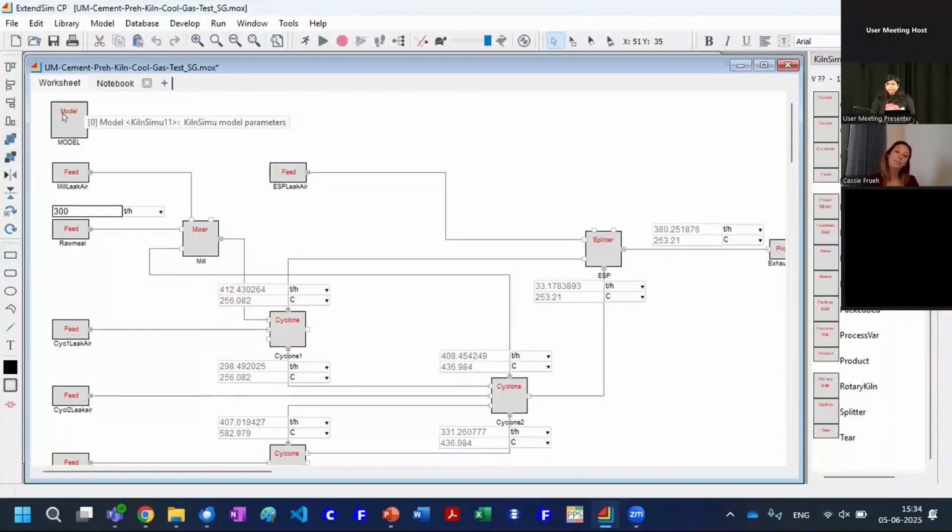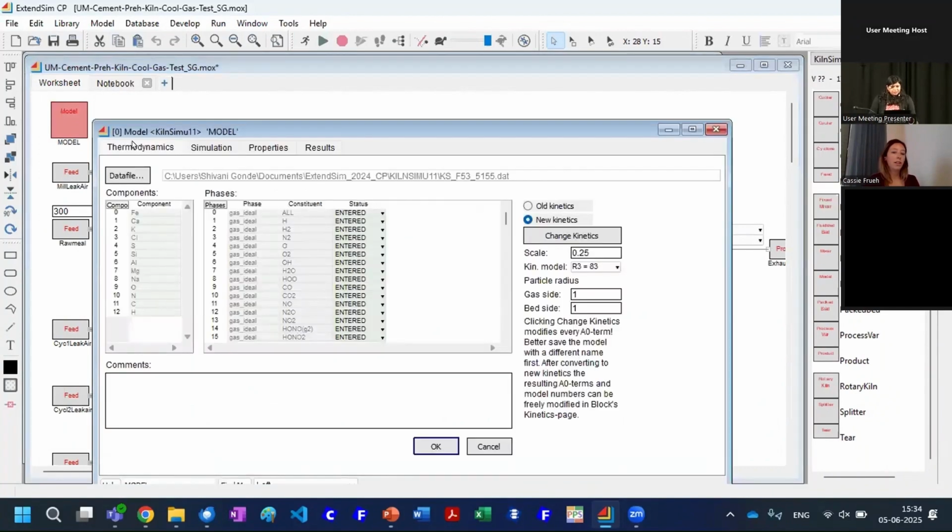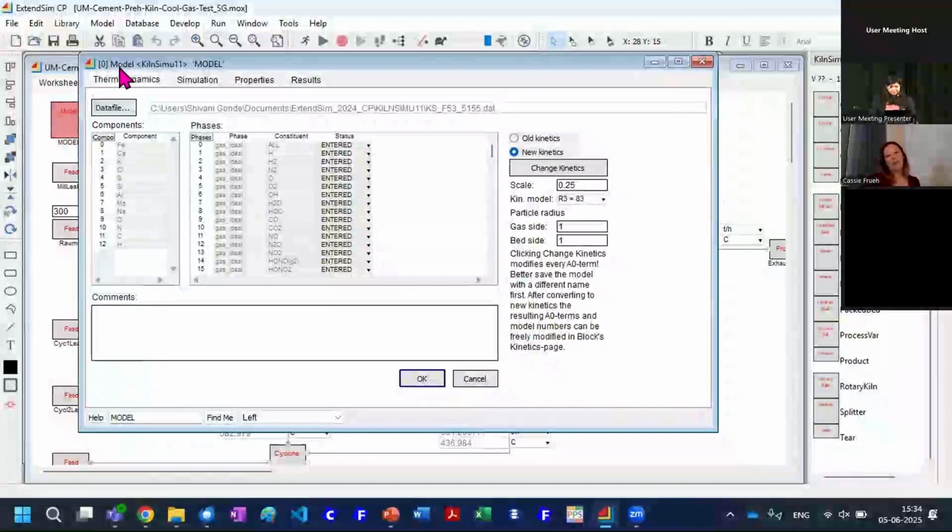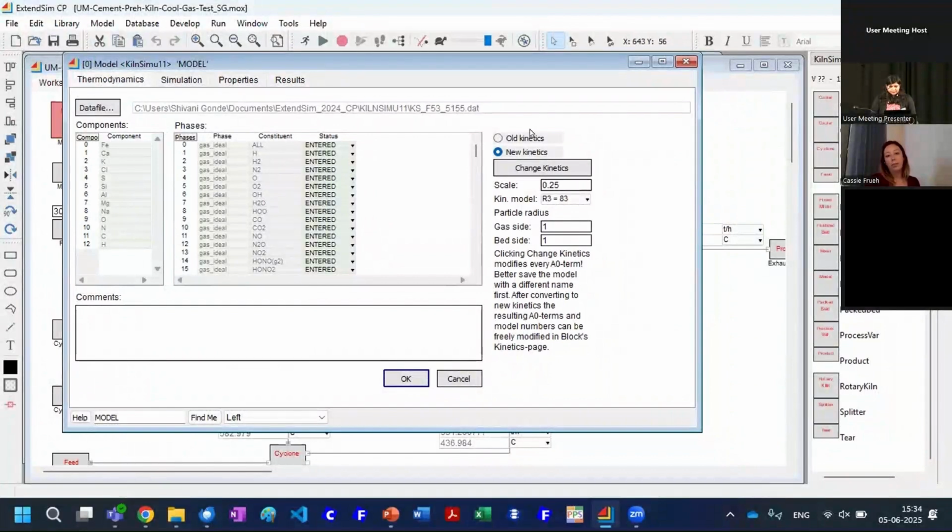If you click on it. All right. So do you want me to go to the model block? Yes, please. Okay. So you always have to include this model block because it's what sets up the original simulation. It is what pulls in your CST file or dot file, and it's what has your original simulation